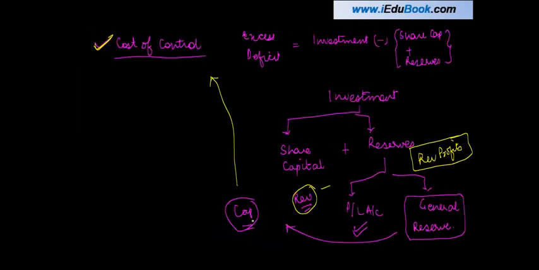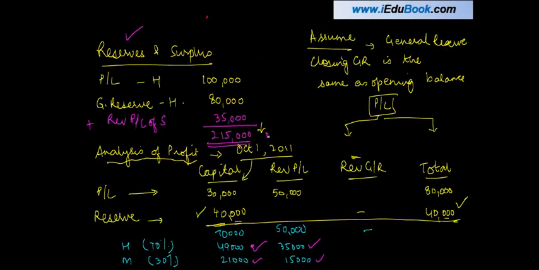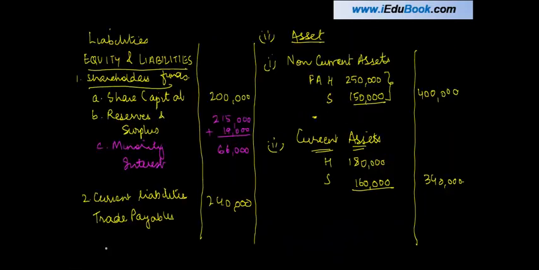Is there anything else that I need to do here? This I have posted, this I have posted, this I have done. So let me do the total of the balance sheet and see if it tallies. 7,40,000. This will give me 2 plus 2, 4, 6, 640, 7, 6, 725, 740.